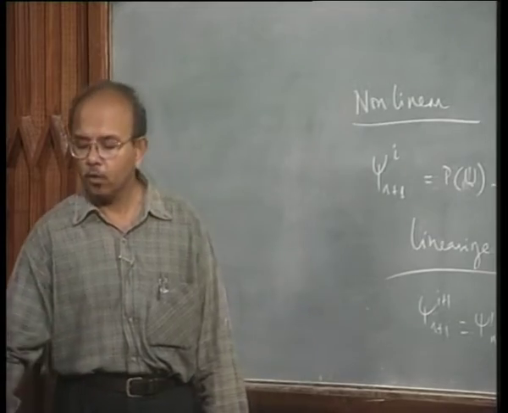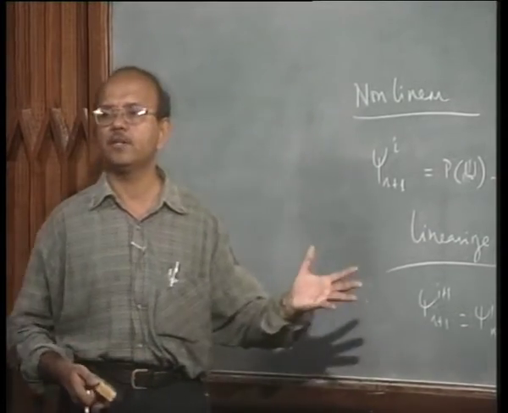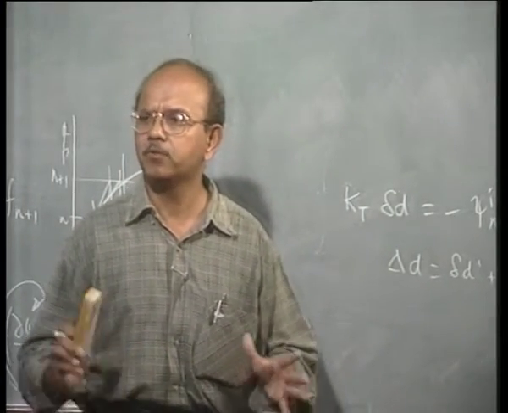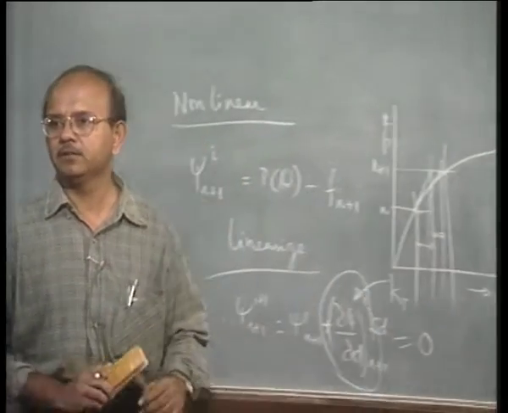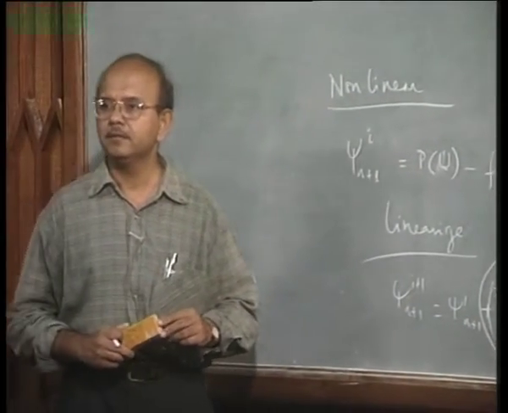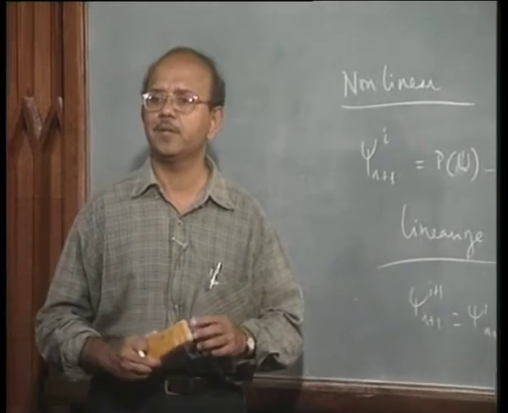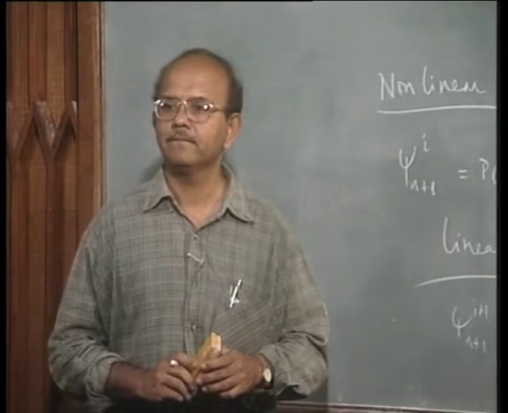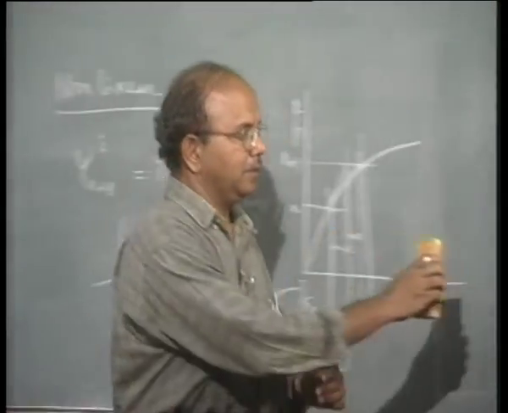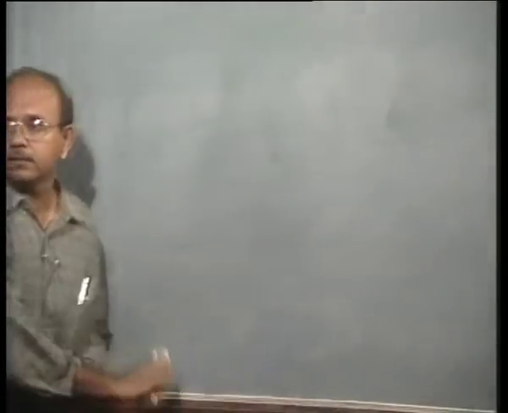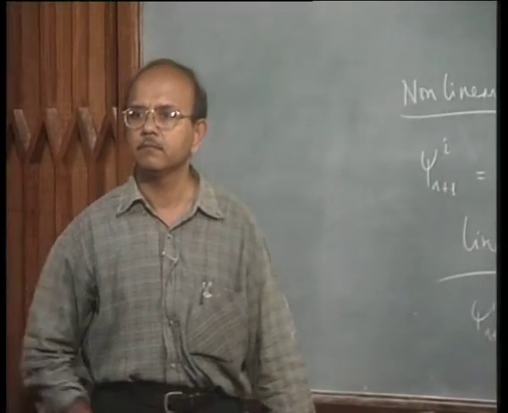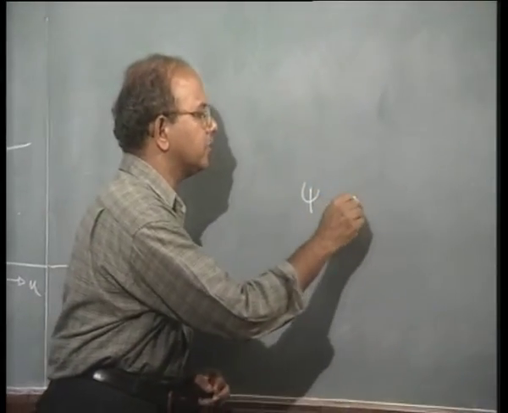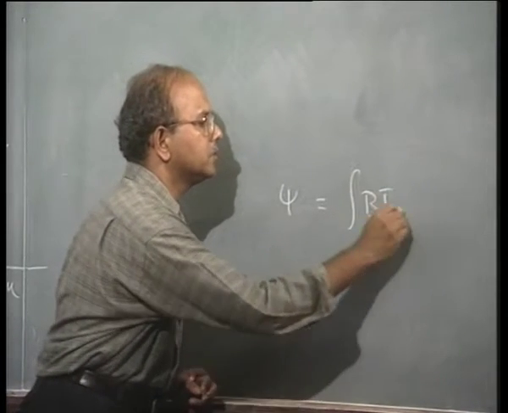Before we go there, because 1D is always easy to understand, you may feel that we do not understand the multi-axial case because it is very simple. So I want to jump right ahead to a multi-axial situation and see how the same stiffness matrix is generated for the multi-axial case. Any questions? No questions? Okay. Now I can write down in that case psi is equal to integral B transpose sigma dV